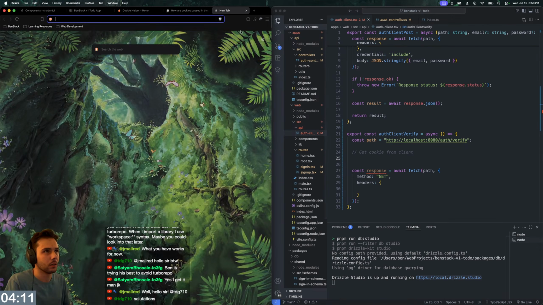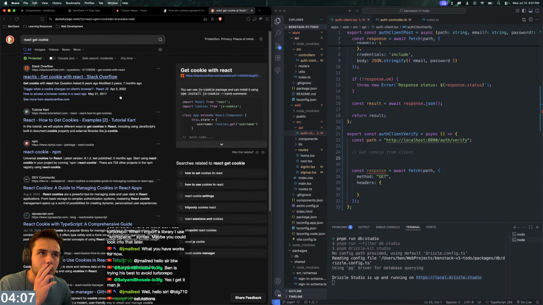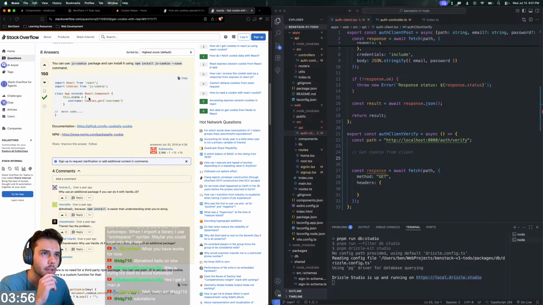So let's see here. React get cookie. I mean, there's this React cookie thing here. Cookies.get, JS cookie. I don't want to use an outdated one. Yeah, so